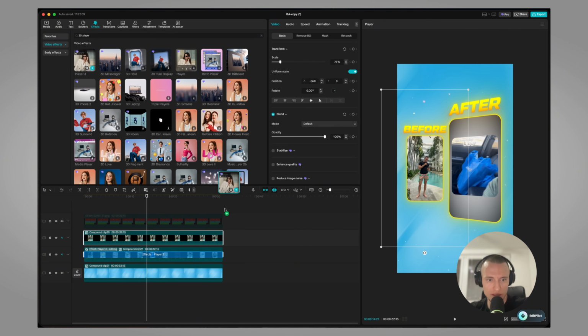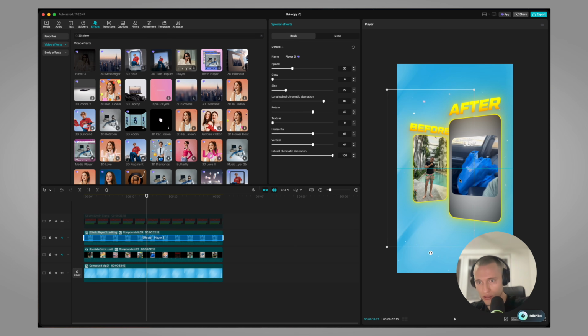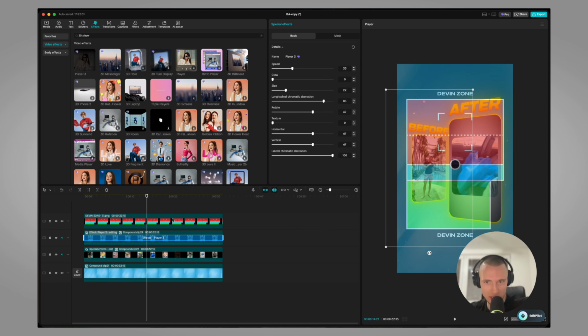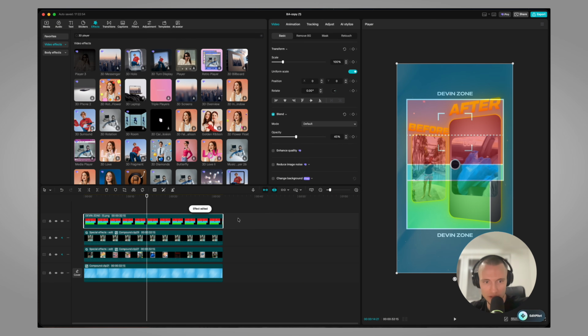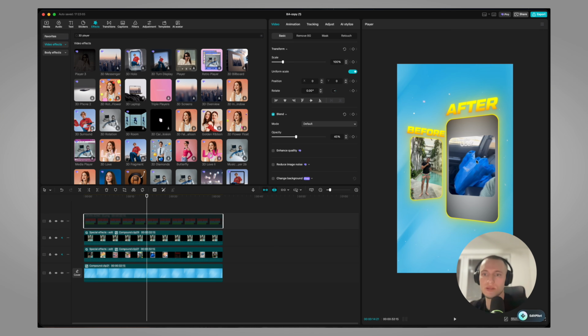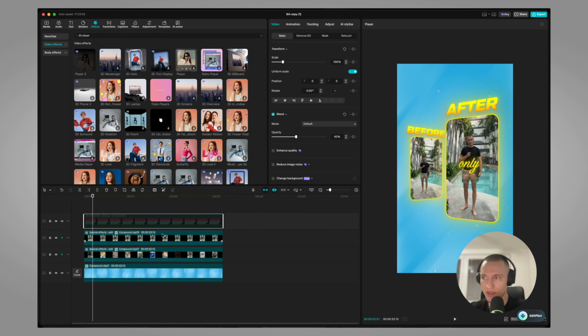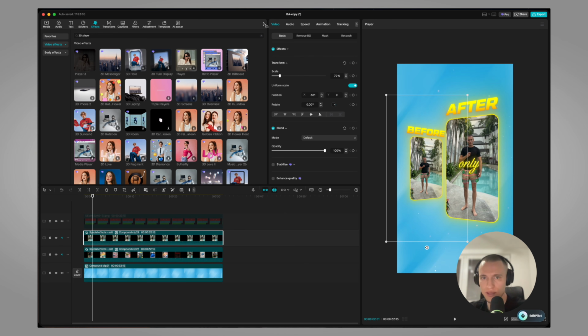And I do the same thing with this before. And again, decrease the glow, decrease the texture, and play with the rotation. Let me just turn on the dev-in zone just to make sure we are staying in the safe zones. Let's put this one to the left a little bit more, and this looks awesome. So now when you play it, you have this before after, and I'm going to show you how you can pump this up even a little bit more and how you can replicate this into 16:9 format